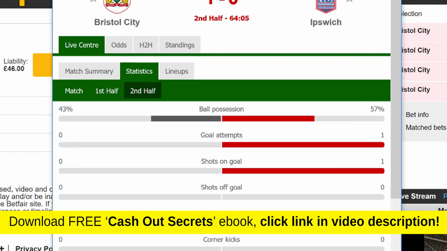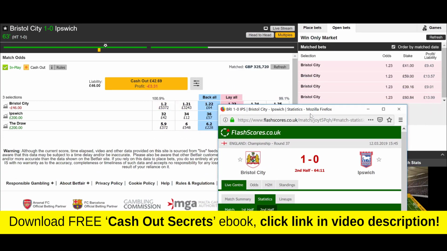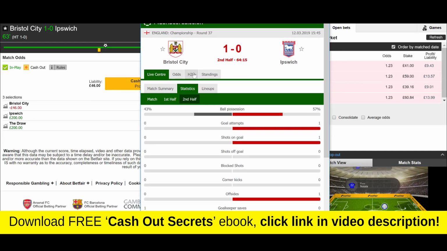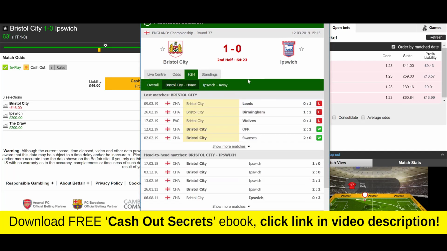So you would think that something is not quite right, and maybe Bristol City are a little bit too short at the moment to be priced at 1.23, and there could be an Ipswich equaliser in the offing, which we could hopefully profit from. I just want to quickly, while we're there, look at Bristol City's recent home form as well,